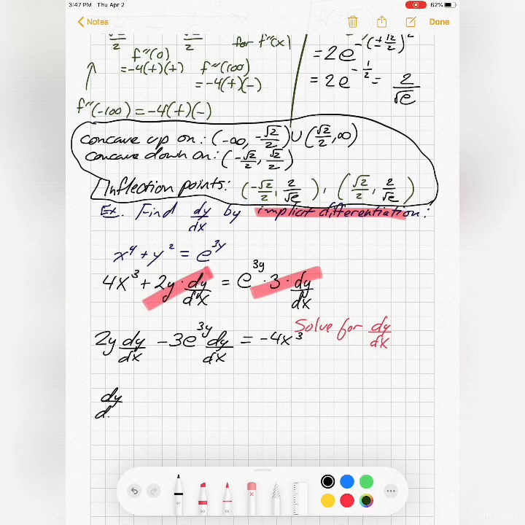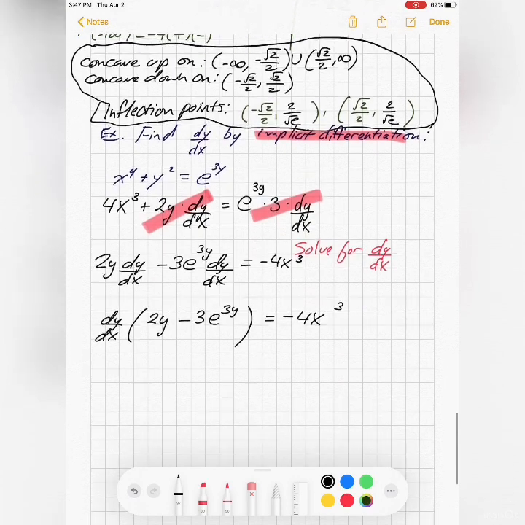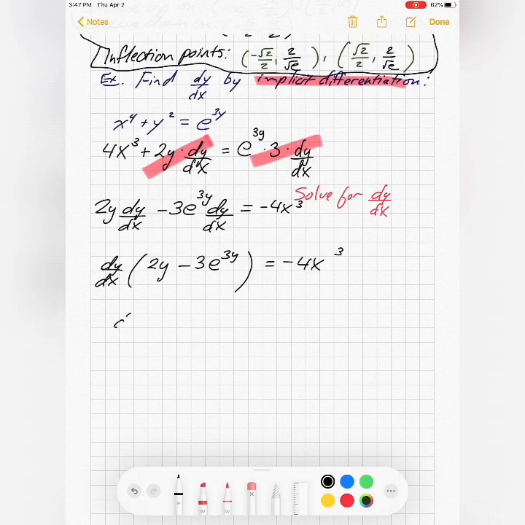Then I can factor out dy dx. 2y minus 3 e to the 3y is minus 4x cubed. Okay, and then let me divide. And I have